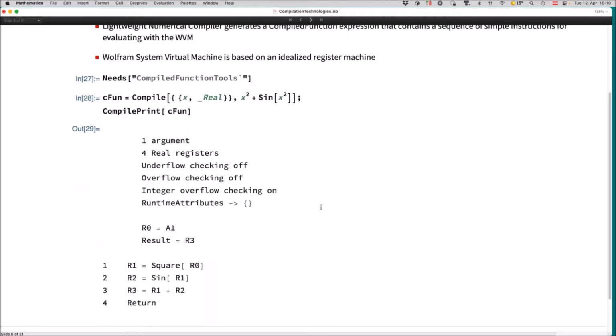And here you see it has some information, and it uses 4 real registers going from R0 to R3. And if you look at the instructions, you see that these are low-level instructions, which are somewhat similar to what you know from assembler, and that's why it can be executed very fast and compiled to machine code. This is also true for